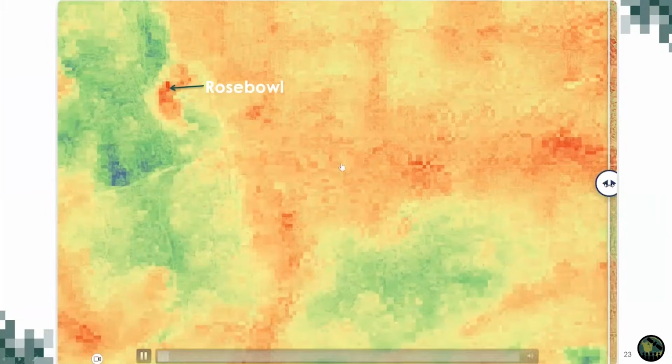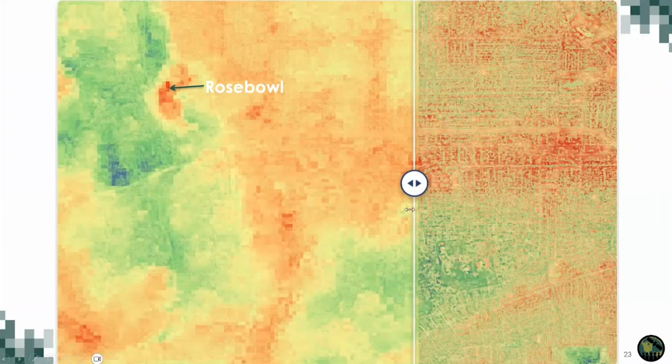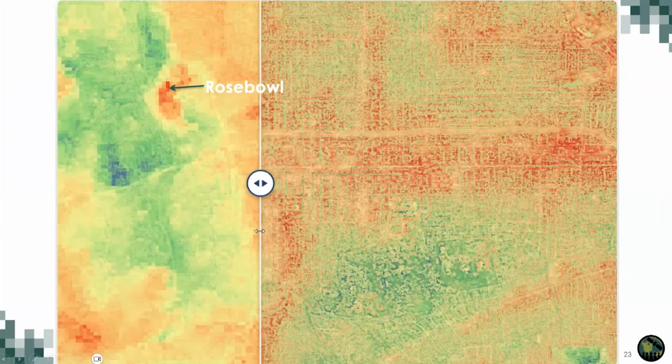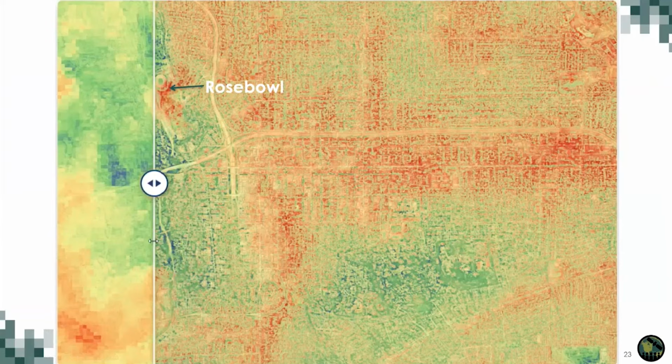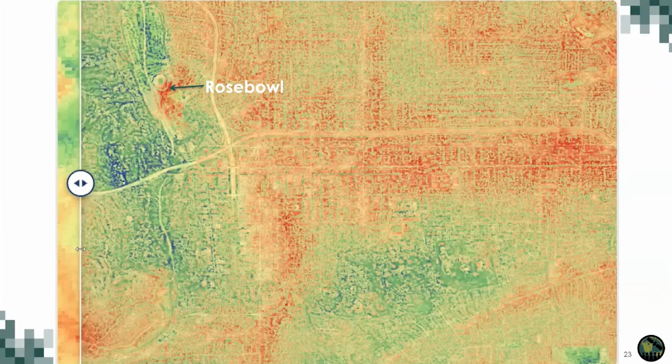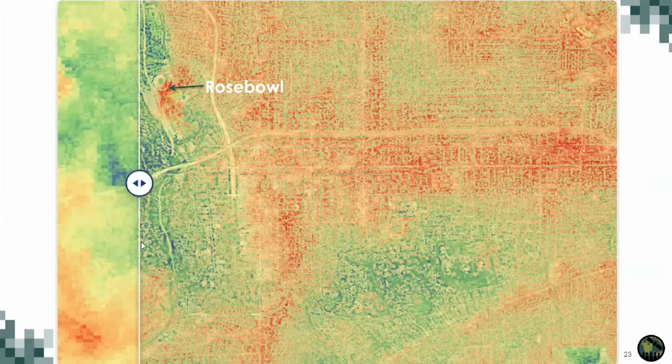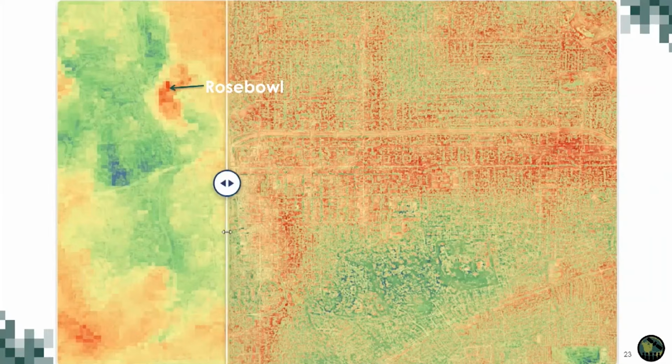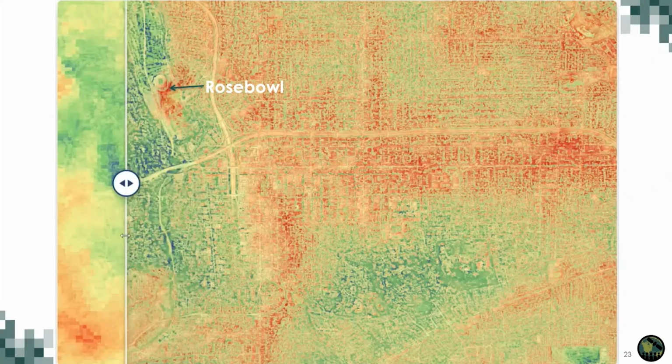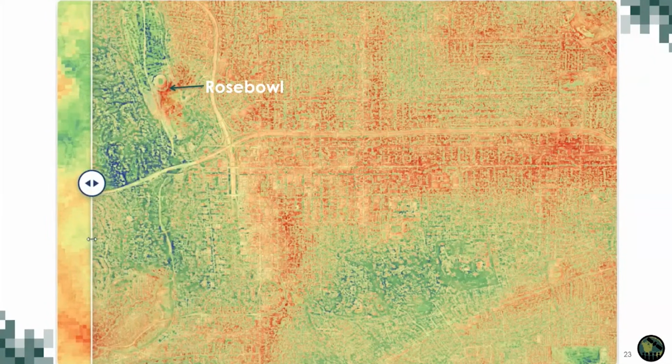So this animation, let's see if it works. Yep. This shows you the kind of detail that we're revealing from the 70 meter down to the 10 meter level. This is over Pasadena, and you can see the Rose Bowl highlighted here in the top left corner there. And after sharpening, you can see that we can resolve the distinctive cool areas north of the Rose Bowl and the golf course, and also the hotter parking lots and roads to the southern part of the Rose Bowl. And we'll be going over that in quite a bit more detail in the tutorial,